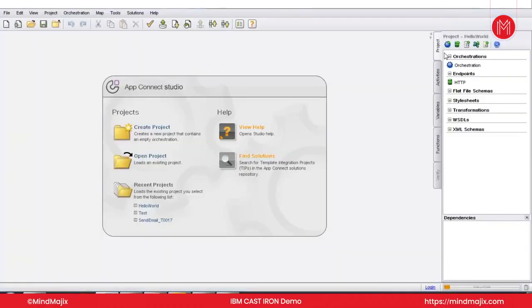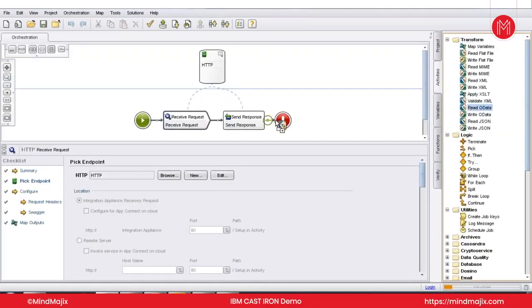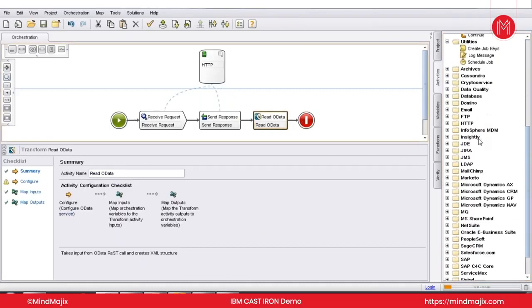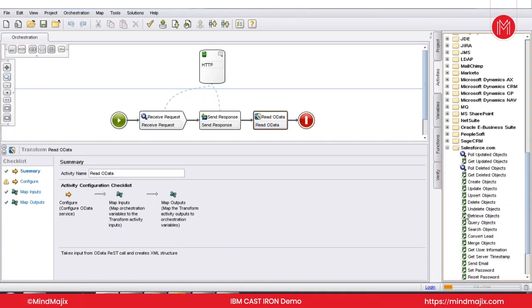So this is the App Connect Studio. It is a graphical interface. We can create orchestrations, which are the services, and in that orchestration, we can drag and drop all the activities. These are all the different activities that are provided by Cast Iron. Here we can see Salesforce, right? So if you drag and drop,